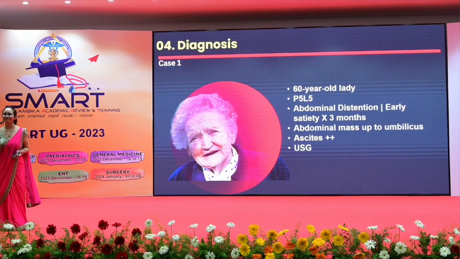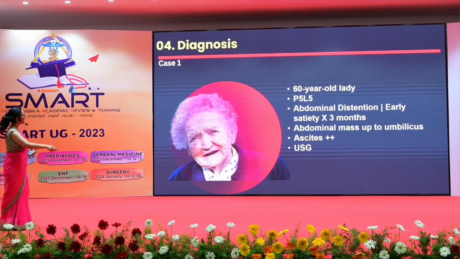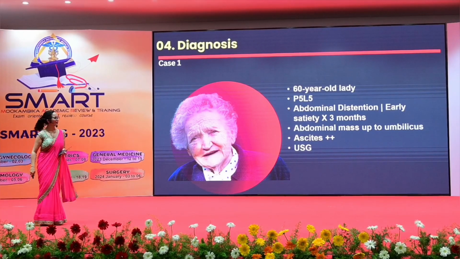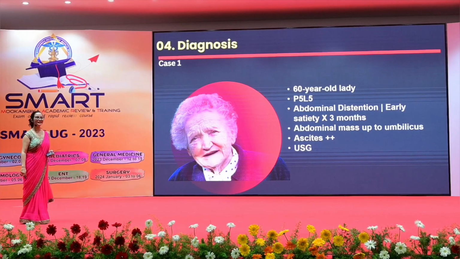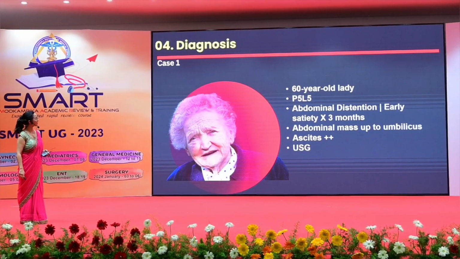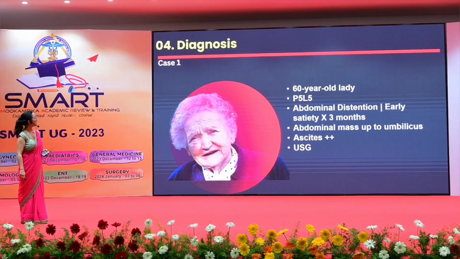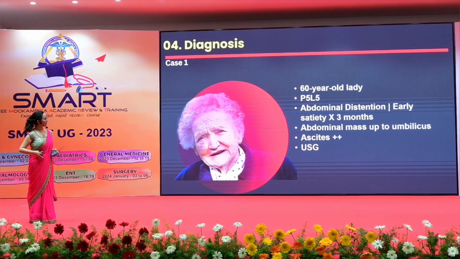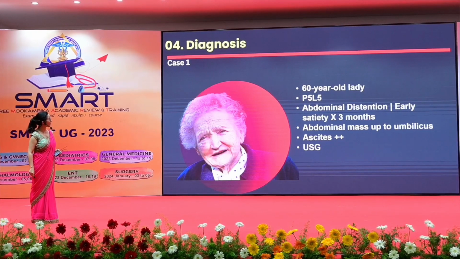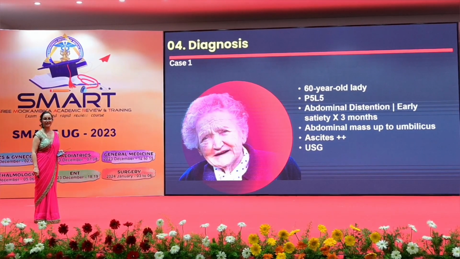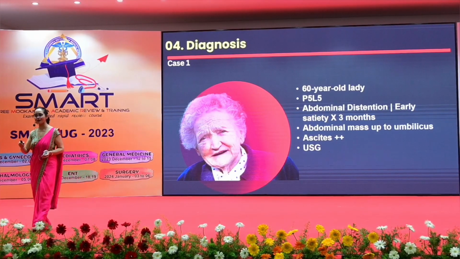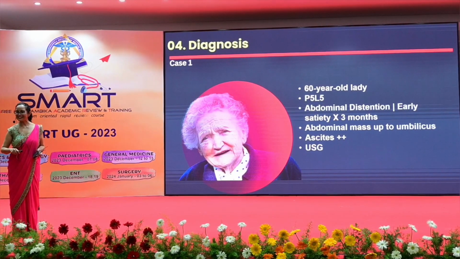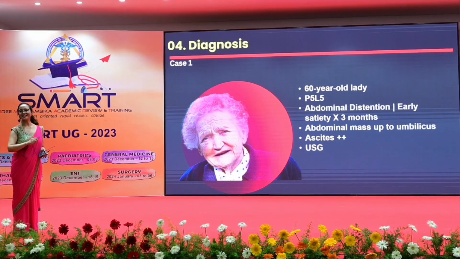Now the first case, I have taught you enough. A 60-year-old lady. Para 5, living 5. Presenting with abdominal distension and early satiety for 3 months. There is an abdominal mass arising from the adnexa which is up to the umbilicus. Ascites is present, and in ultrasound, this is a 20 centimeter adnexal mass. Ascites is there, which is ugly, in a 65-year-old.